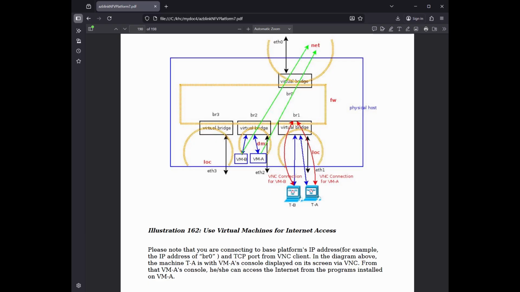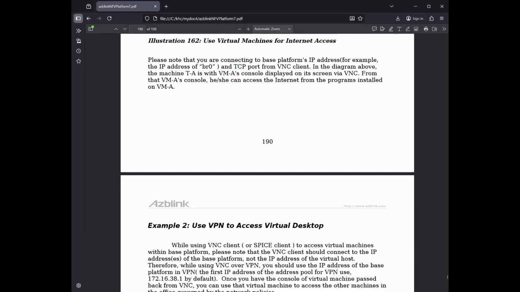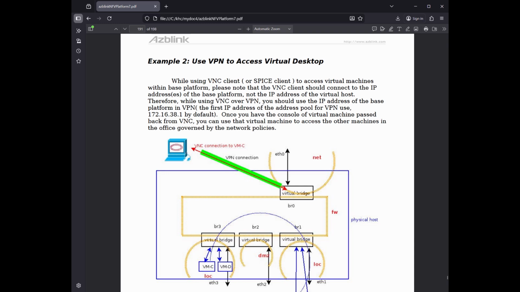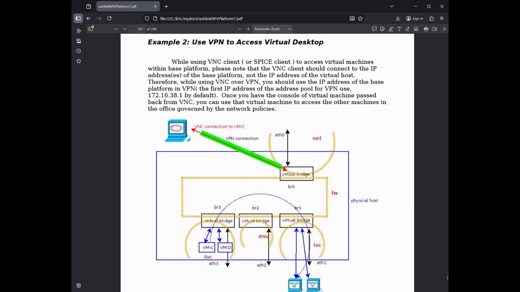Example 2. Use VPN to access virtual desktop while using a VNC client, or SPICE client, to access virtual machines within the base platform. Please note that the VNC client should connect to the IP address of the base platform, not the IP address of the virtual host. Therefore, while using VNC over VPN, you should use the IP address of the base platform in VPN, the first IP address of the address pool for VPN use,